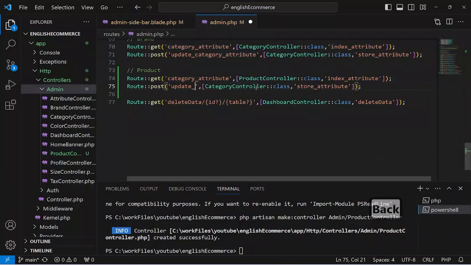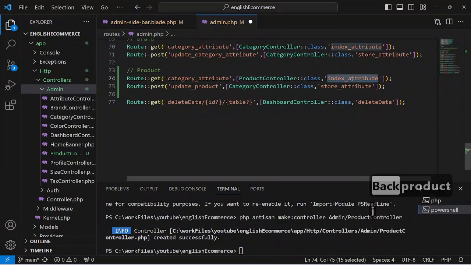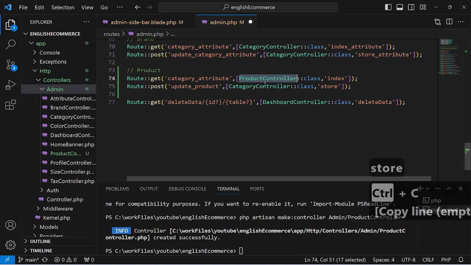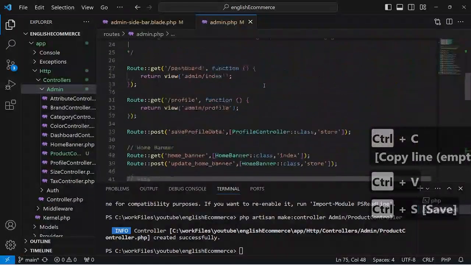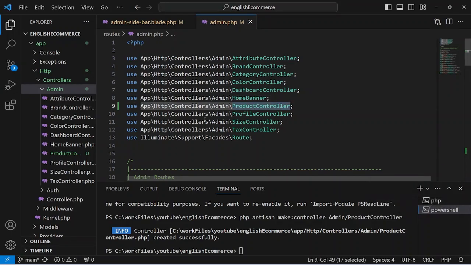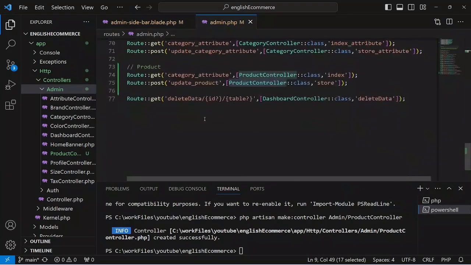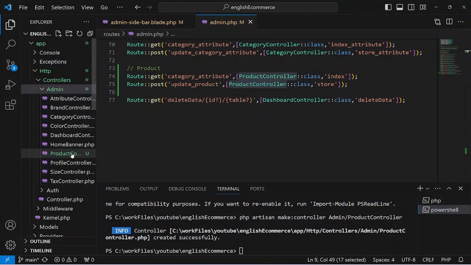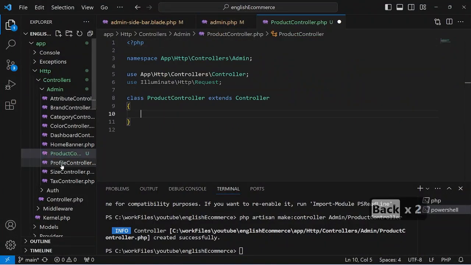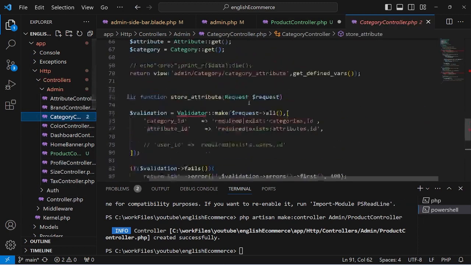So update product, index and store, product controller, and also make sure that it also imports the name of the controller as well. Now after that, just go to the controller. So this is our controller. I will open one of the controllers